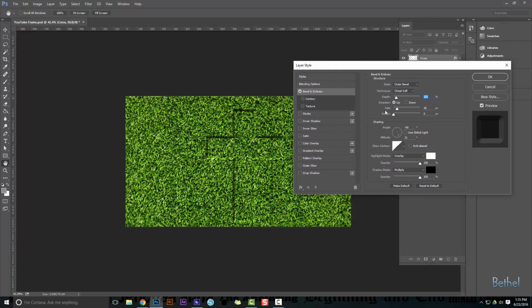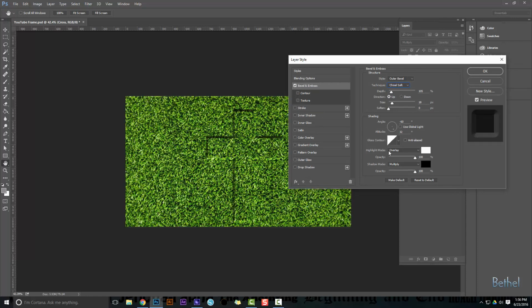First, you have the bevel and emboss. I have a chisel soft. You can do a chisel hard if you want. That's fine as well. You can do smooth and whatever you're looking for. There's tons of diversity within these panels. So just play around with this. The best advice I can give you is just spend a few hours in this panel, and you'll see that there's just a ton of stuff you can do. So if you want to take a quick look at all of my values here, pause it and type it in, that's fine. Then I'm going to go on, now that you've had a chance to do that,